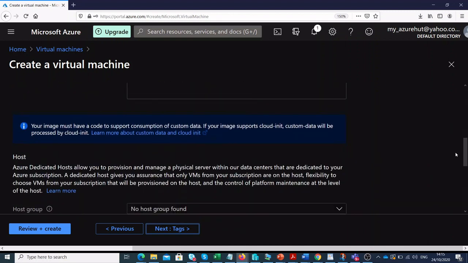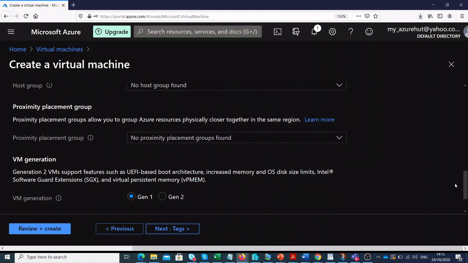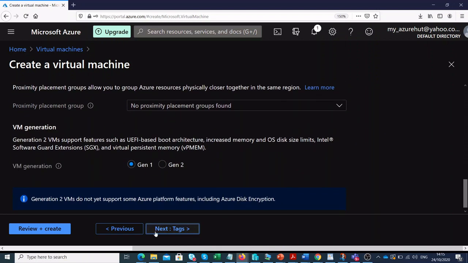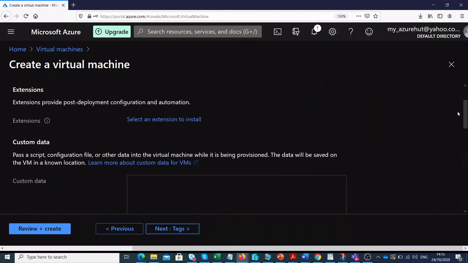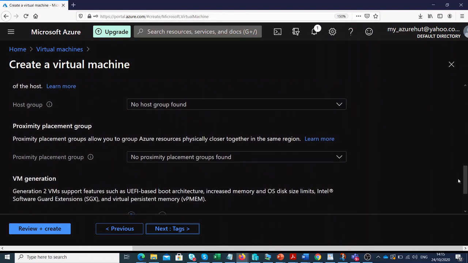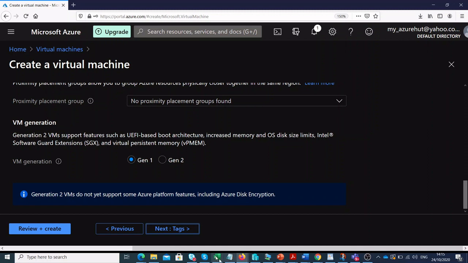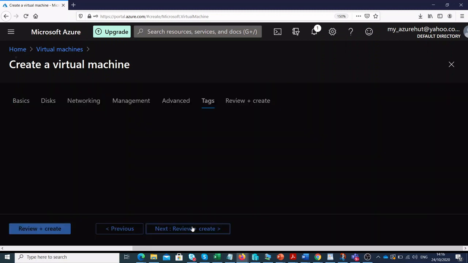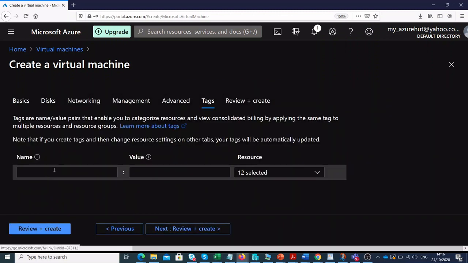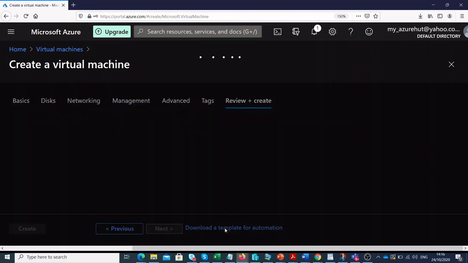And then here we have the advanced setup. Leave it at default as it is, unless you want to change some things. For me, in my case, I think that the default is sufficient for this quick demo, and then I'm just going to go to tags. On tags, you can add, for example, who created this VM, and whatever information you want to pass across. Imagine that you're working in a team and you want them to have some detail about who created this VM and all that. So here I'm just going to leave it as default, and then go ahead to review and